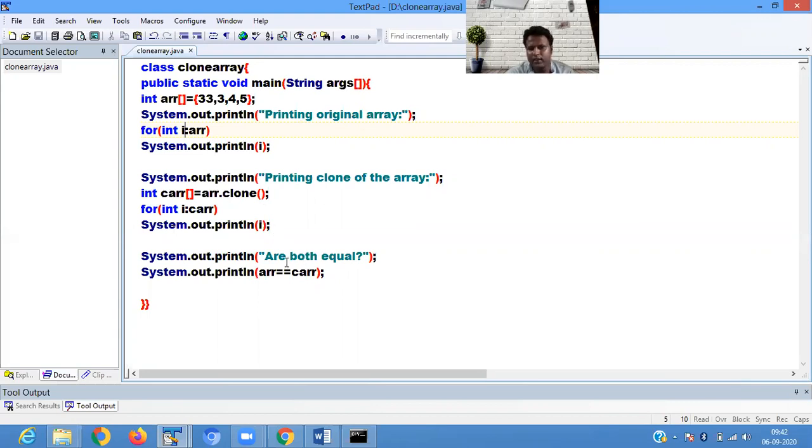Then there is a question: are both arrays equal? So we are comparing arr equals carr, and it returns a Boolean result.